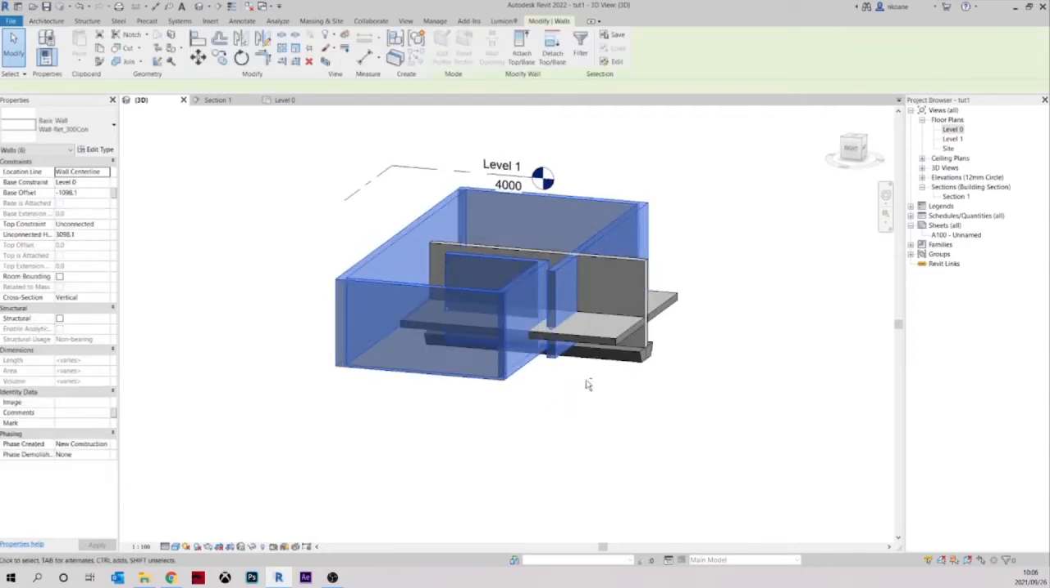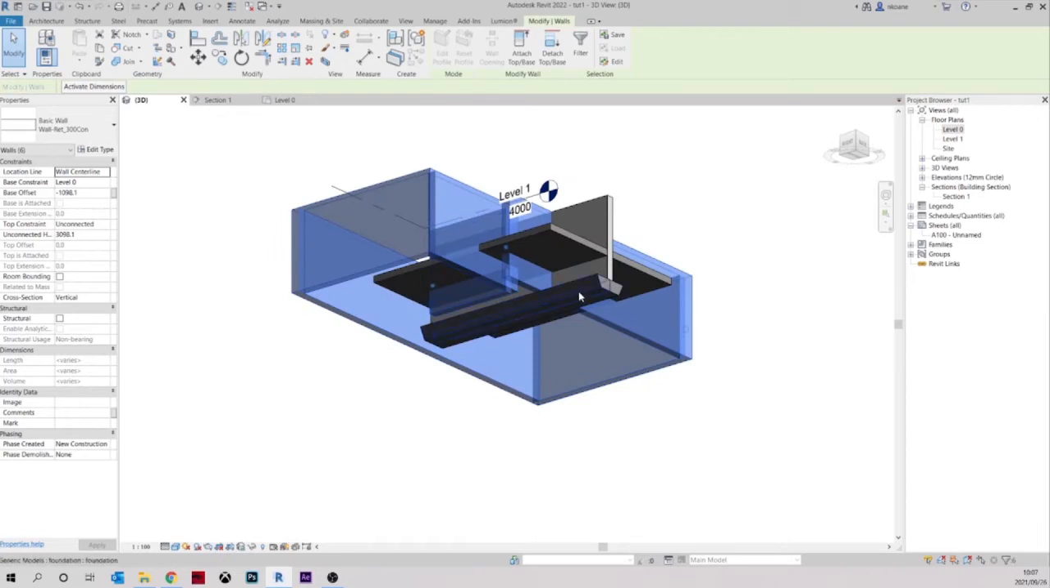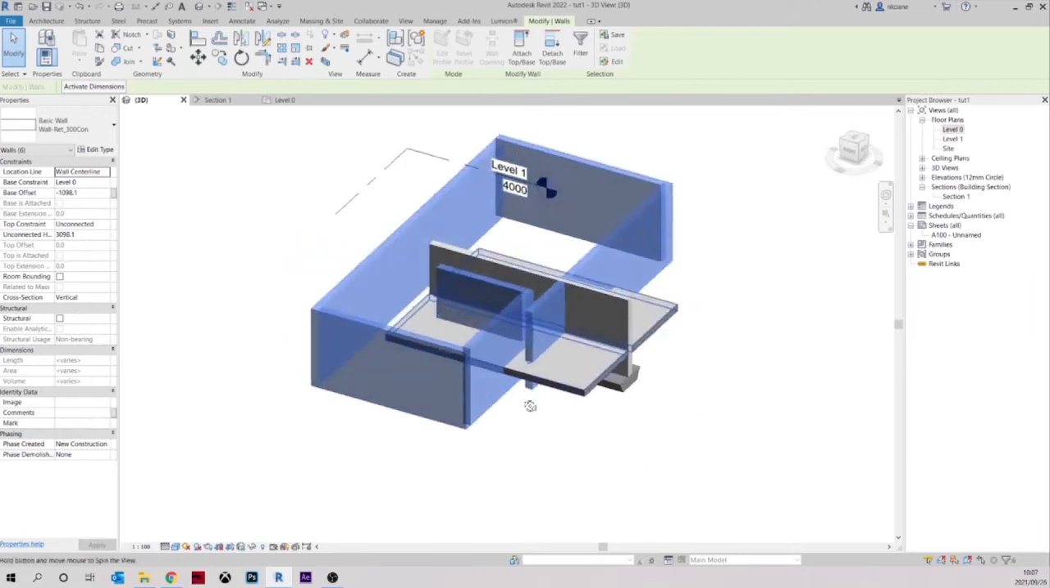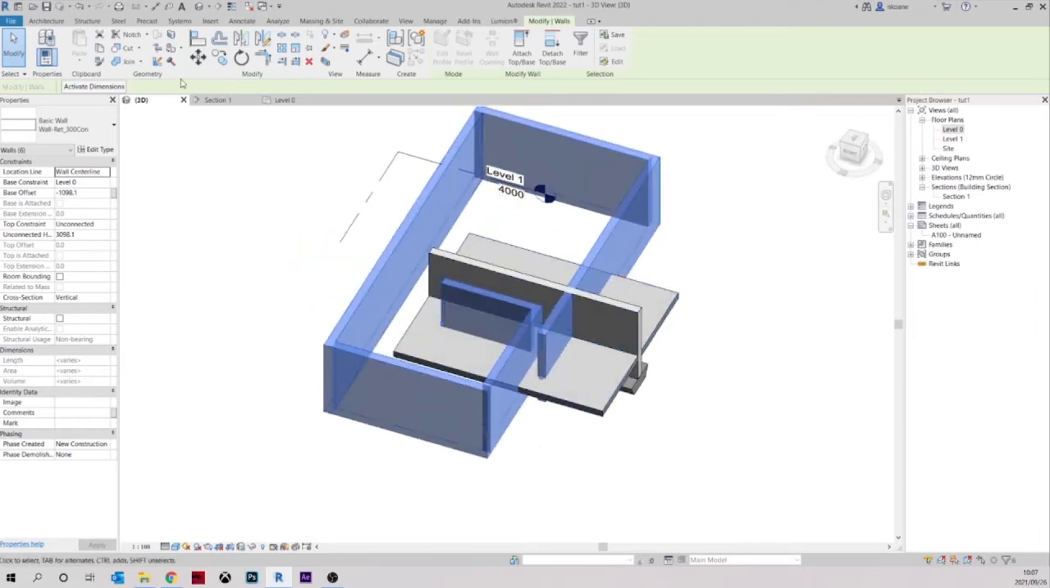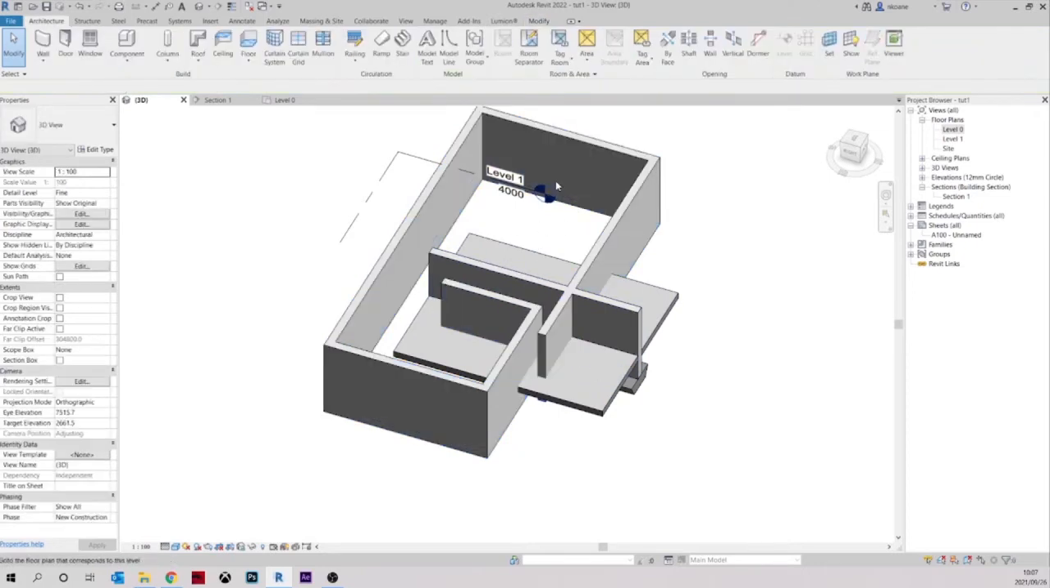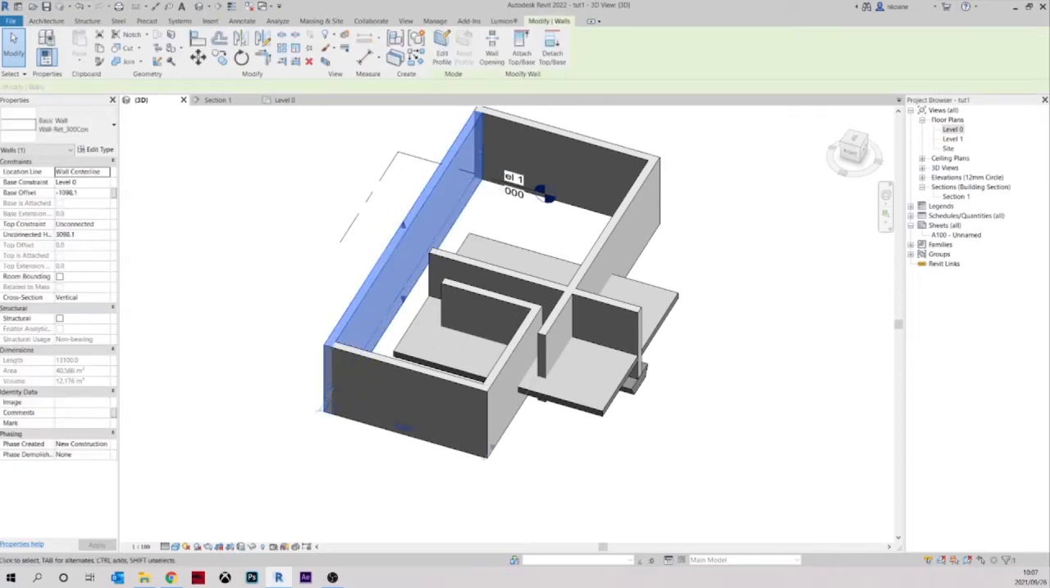So what we want to do is to have the same foundation going through all the walls, but without having to use the option of the sweep as we did on our first tutorial. So the first thing that we want to do is to create a sweep for the wall. To create the sweep,